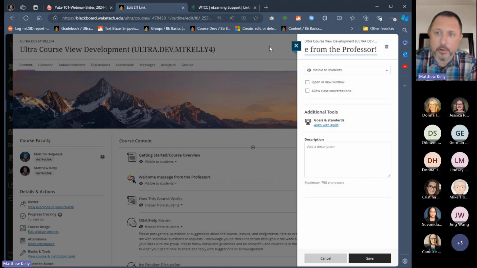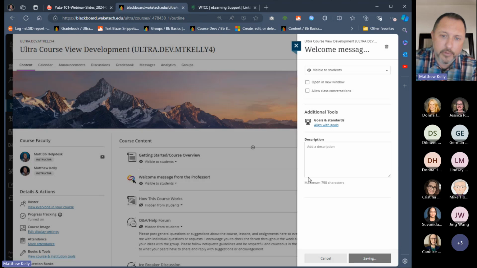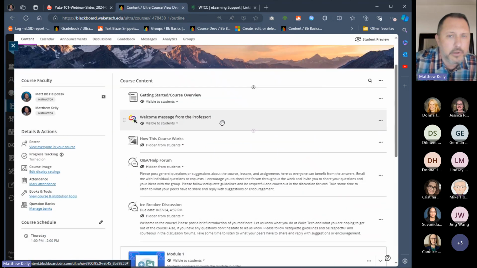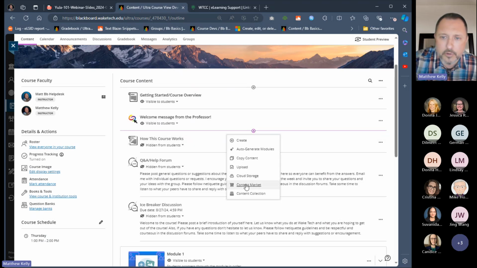And of course, we would need to record a new, different video for that, right? But that would be the purpose of inserting a YuJa video right there in the course content. You just go to the place that you want that video to be inserted. You click on the Insert Content button, that purple plus, scroll to Content Market, and then click on YuJa Media Chooser. Again, at that point, don't click YuJa, click YuJa Media Chooser.